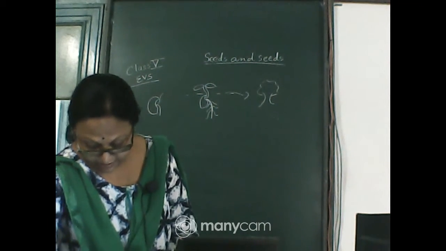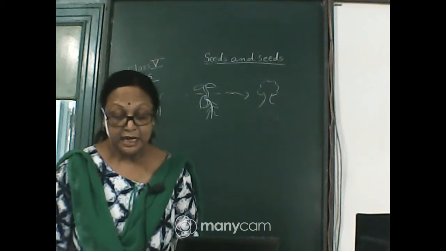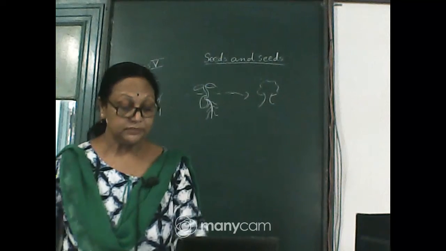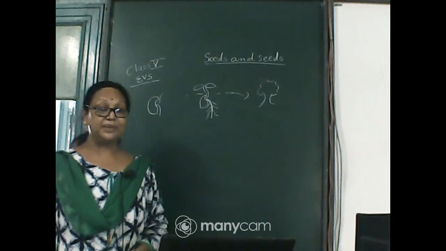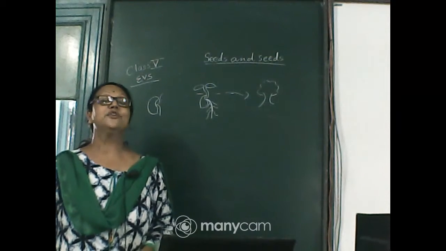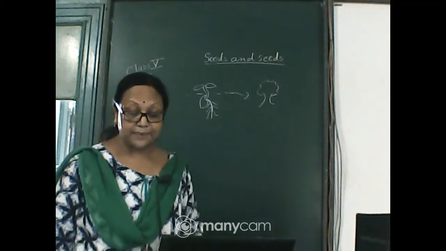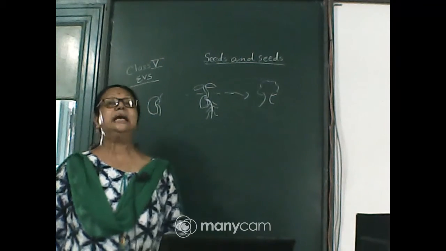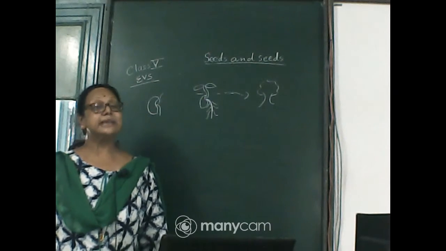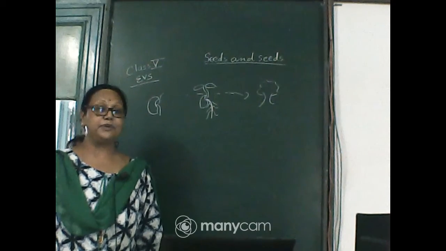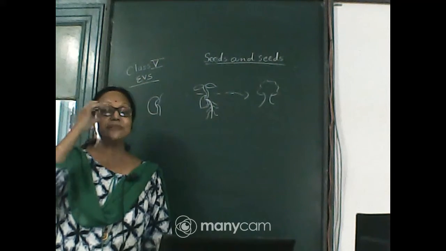Now on the next page you will see the question given here: what would happen if plants could walk? You will draw this, that is your own imagination, you will do it. And do some plants grow without the seed? As we know, there are so many plants which grow without seeds, and this type of development of the plants is called vegetative propagation.